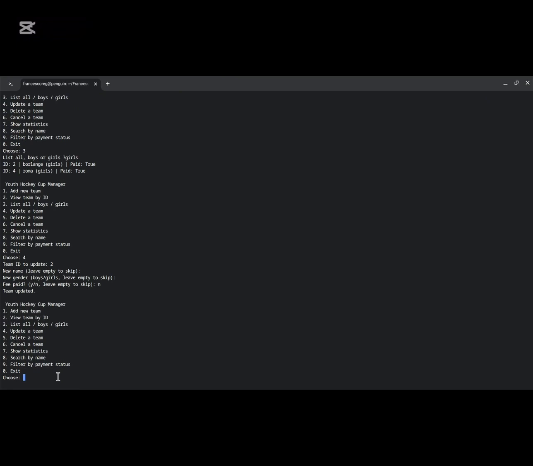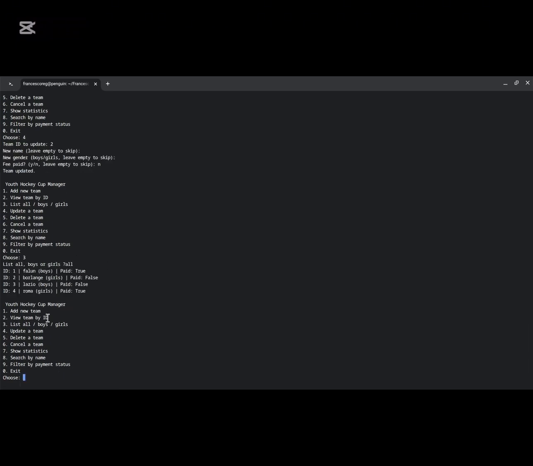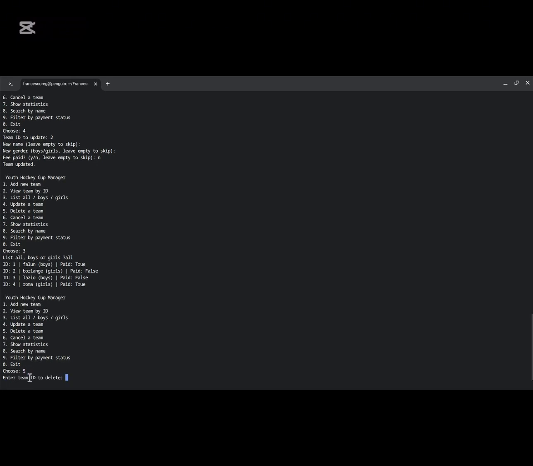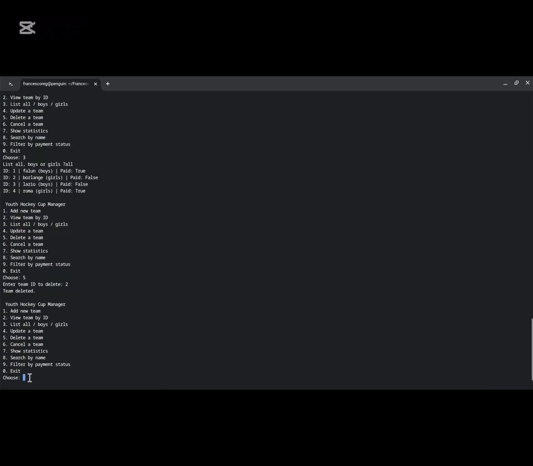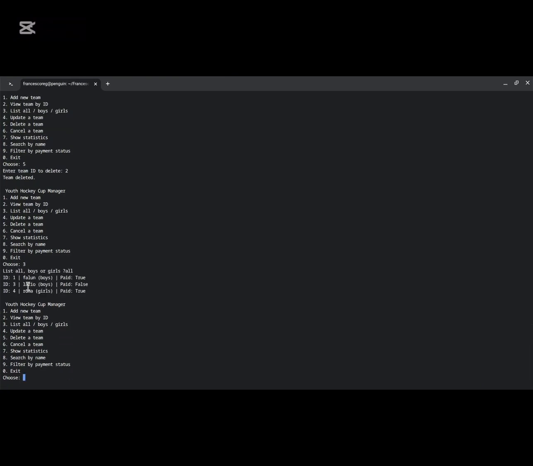Now let's see if the update works. I list all, and here you see the Borland payment status has changed. Now it's false. It's not true anymore. Let's now delete the Borland team. So I will choose 5. I type 5, enter team ID to delete: 2. Okay, let's see if it works. No more Borland team. It's been eliminated. I say deleted, not cancelled,